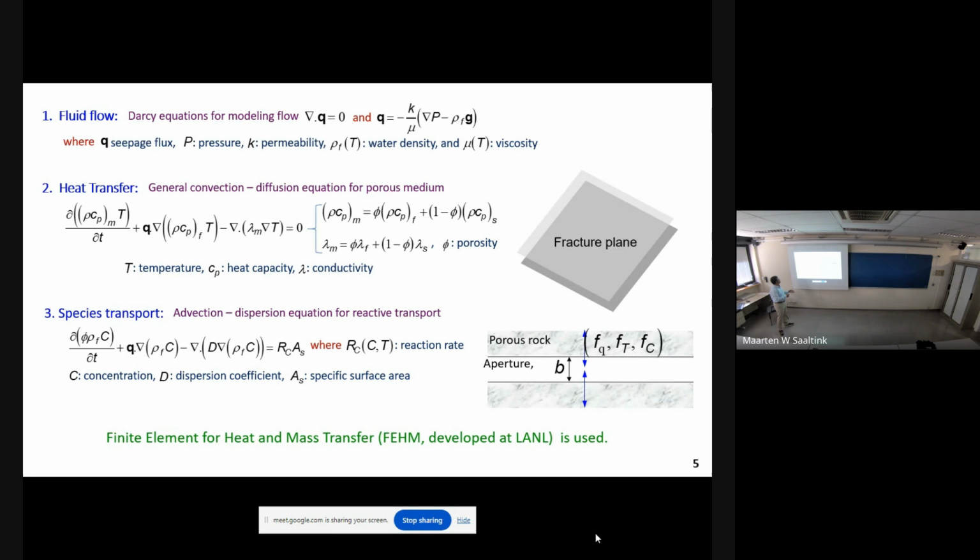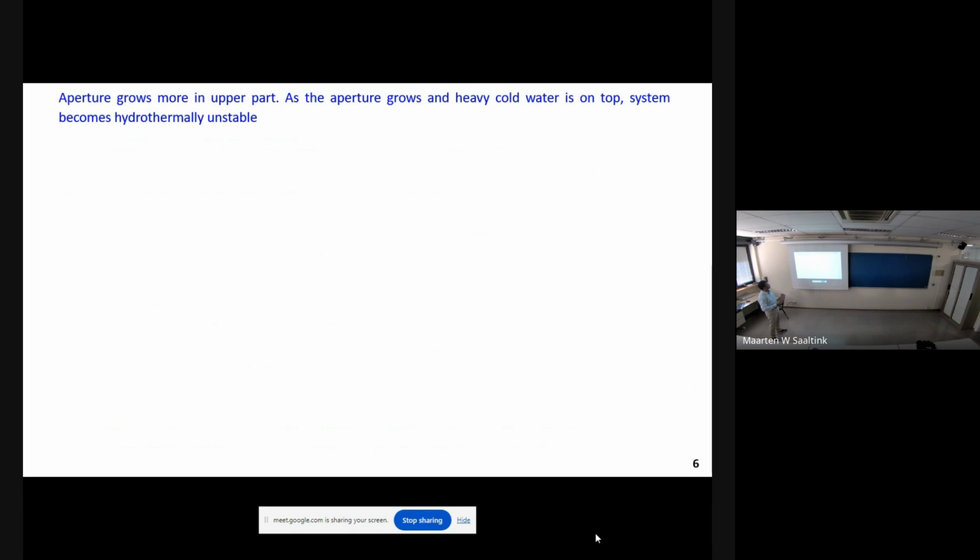Okay, so we used a software called FEHM, the finite element for heat and mass transfer, developed in Los Alamos National Laboratory. It is a very robust one, but that software didn't have this particular transfer equation solution solver, or the porosity-permeability alteration connection with the reaction rate. That was my contribution to the code. Once we did all these things and ran the code for some years or 1,000 years,